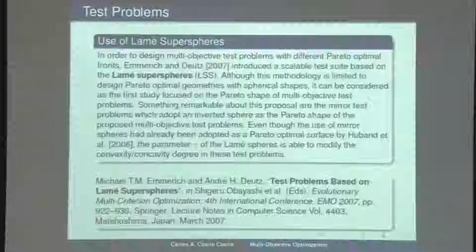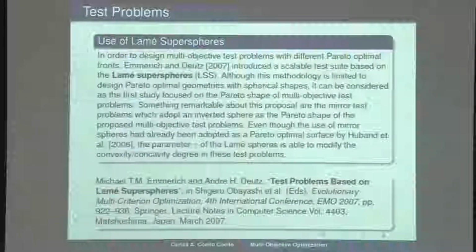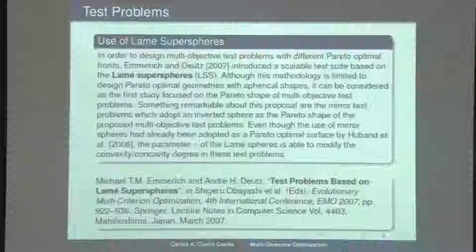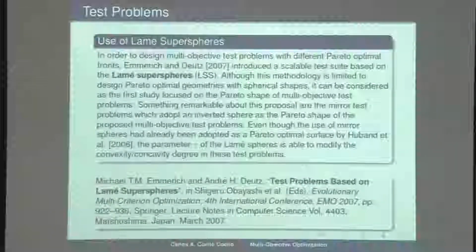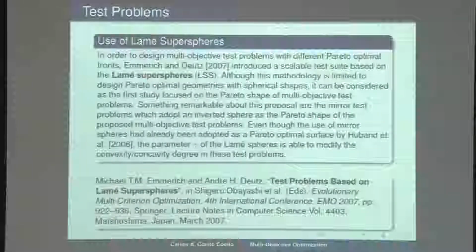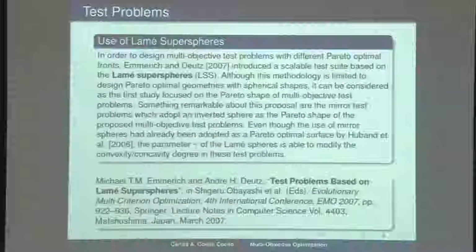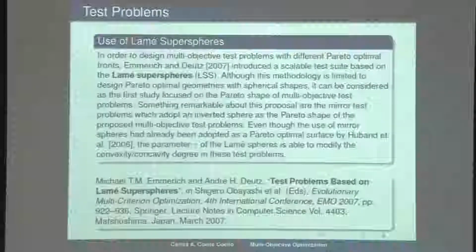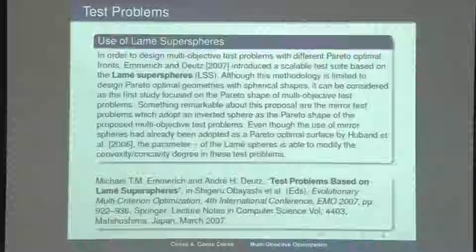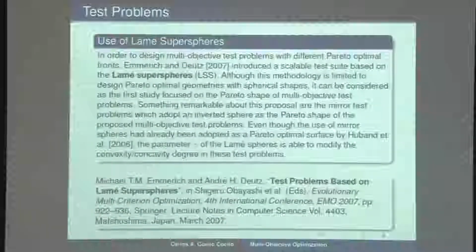Like, perhaps a few people have used them, but not that many. Some of them are quite interesting. For example, this one, the Lamé superspheres, proposed by Michael Emmerich and André Deutz in 2007. This is a scalable test suite based on the concept of the Lamé superspheres. It has the limitation that the Pareto optimal geometries considered have spherical shapes. But it can be considered the first study focused on the Pareto shape of the